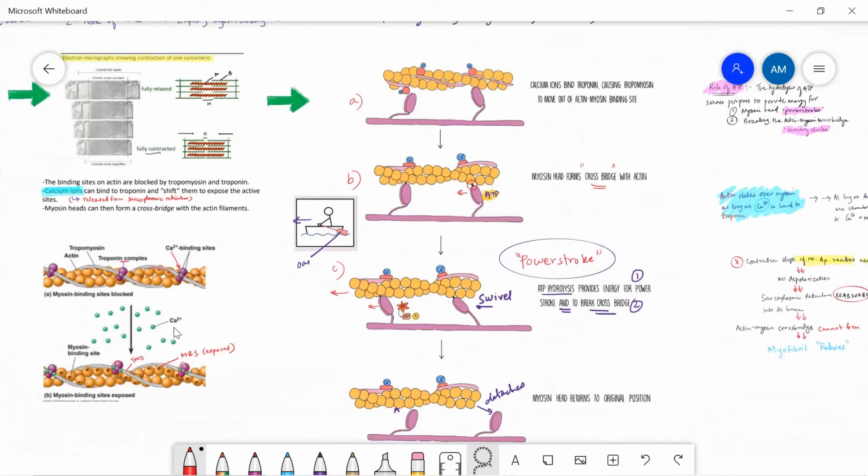So basically, if no impulse reaches the neuromuscular junction, sarcomere shortening stops. As long as depolarization is reaching the transverse tubules, as long as calcium is bound to the tropomyosin